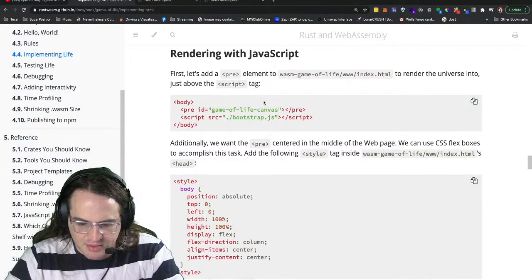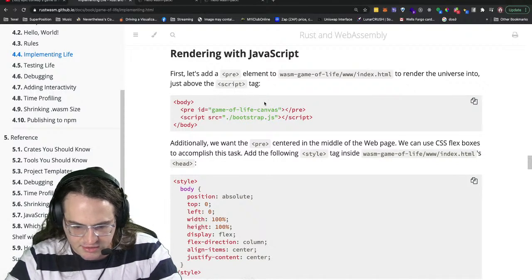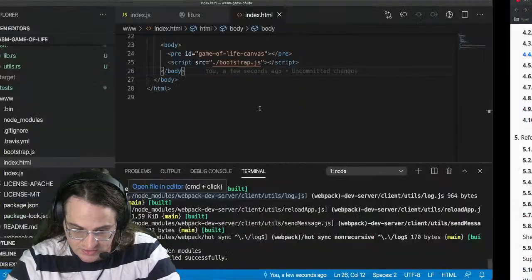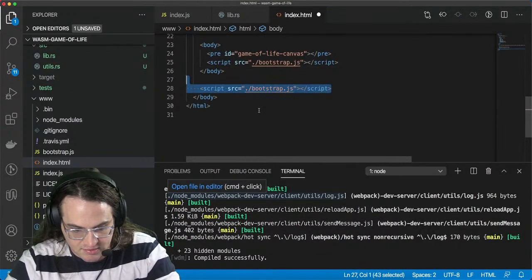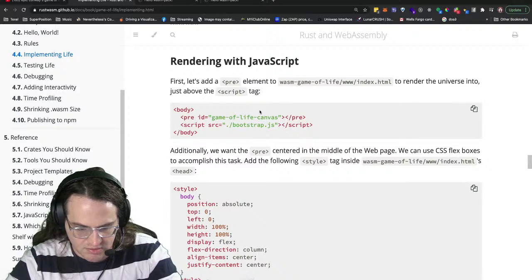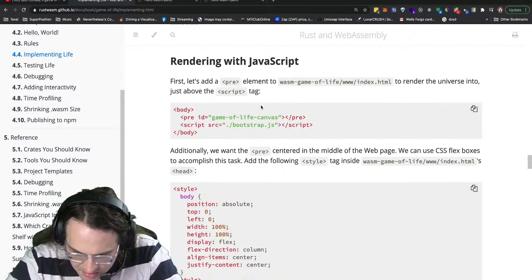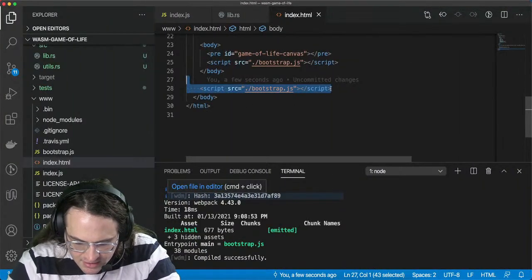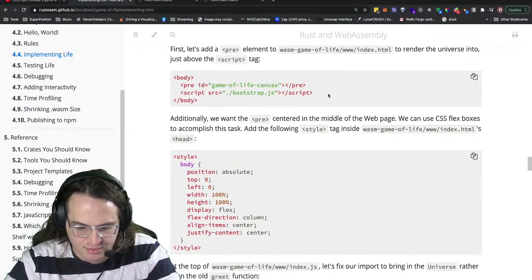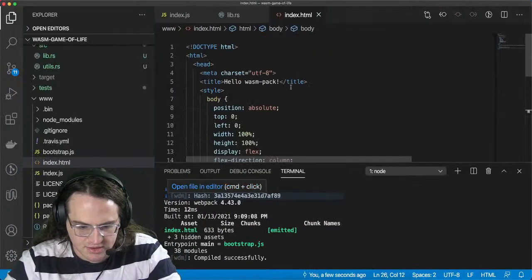So let's add a pre-element to the Wasm Game of Life HTML to render the universe into, just above the script element. So maybe we do need that. Let's add a pre-element to the Wasm Game of Life to render the universe just above the script element. So that's including it or not including it? It's not really certain. We want to see preference. So this is going to be